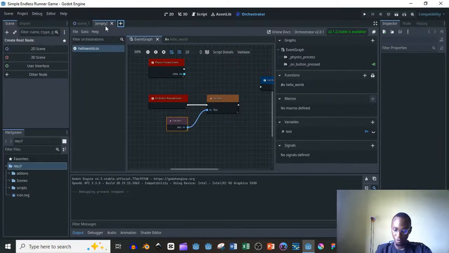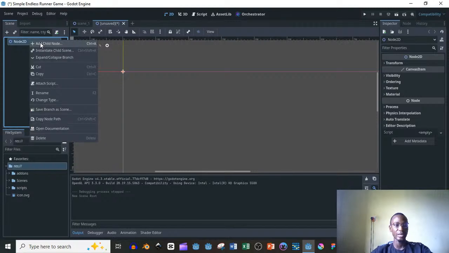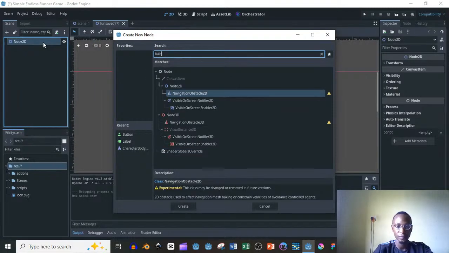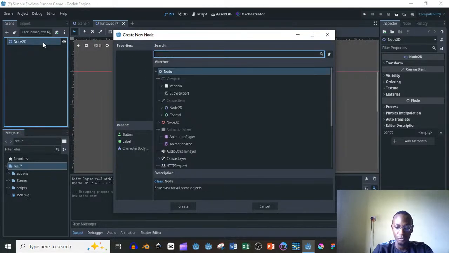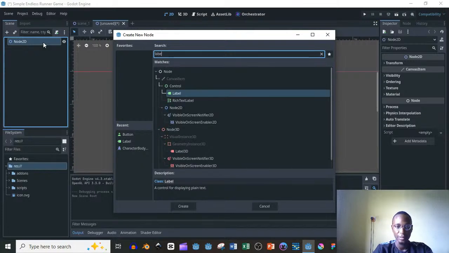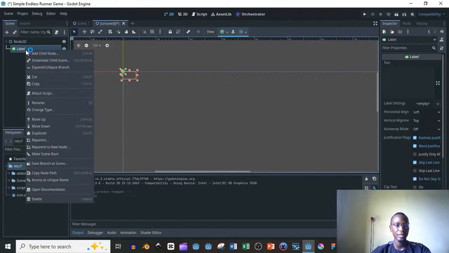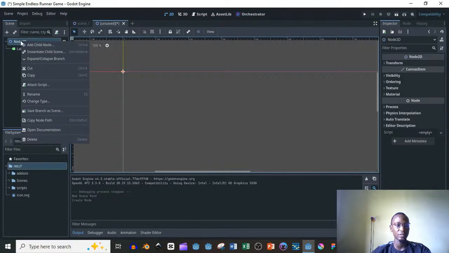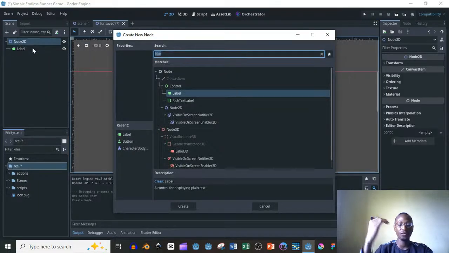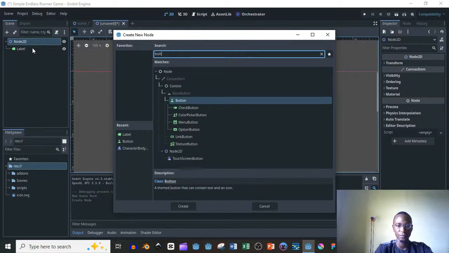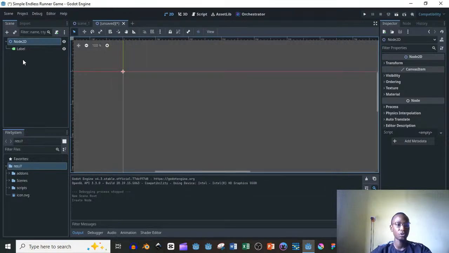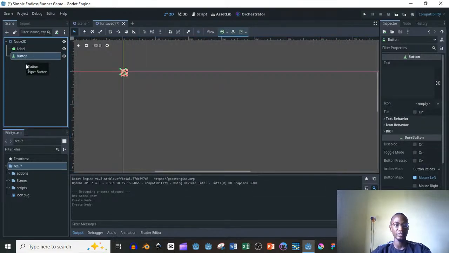So I'm going to create a new scene, and this new scene is going to also have a label. We're just trying to do the basics here. The basics here, we want to be able to work with different variables. So we'll have the label, and we're going to also have about 2 buttons, the increase and the decrease. So we'll have a button. So I'm going to go ahead and duplicate this button,